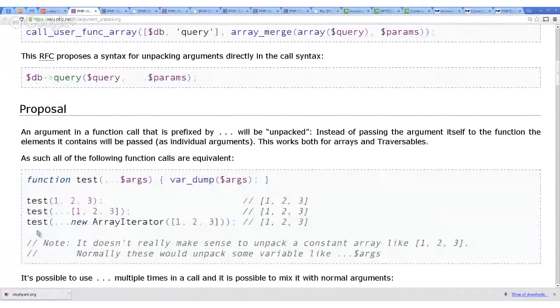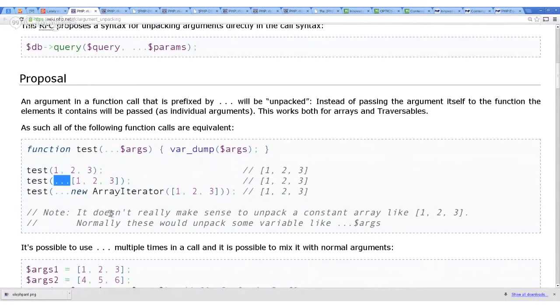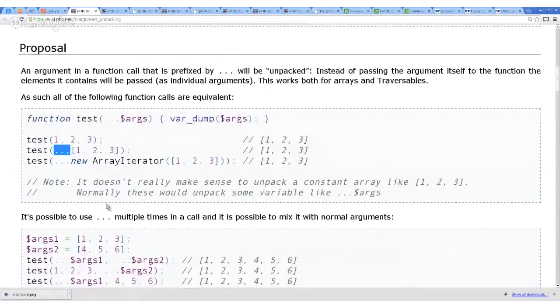But the proposal for now is also to pass arrays or some equivalent objects, and there is now being introduced this syntax of an ellipsis before the actual argument list, and